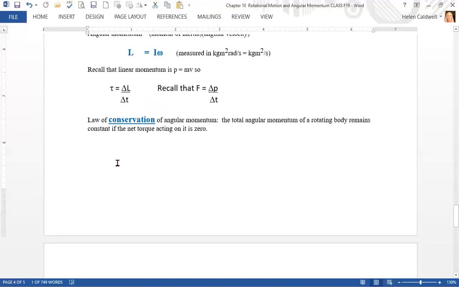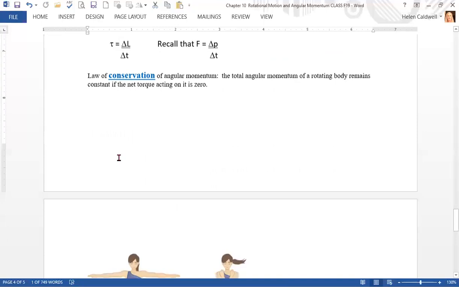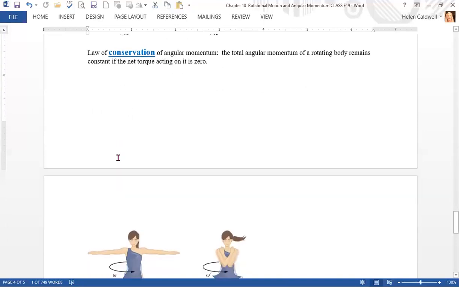Okay, we'll have some practice problems, maybe. Law of conservation of angular momentum tells us that the angular momentum of a rotating body remains constant if the net torque acting on it is 0. So how does that help us? Well,